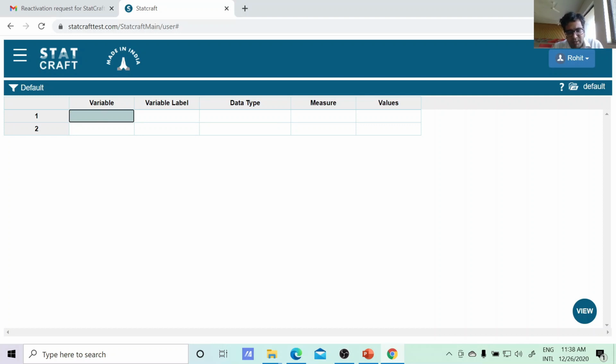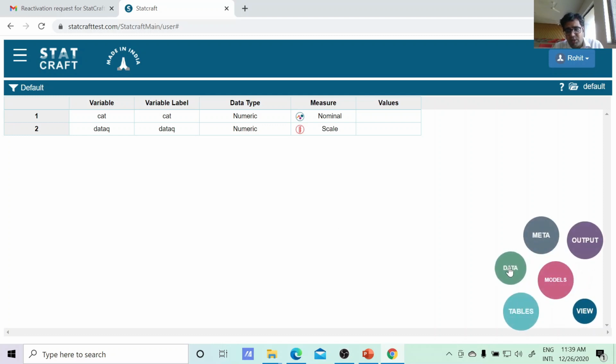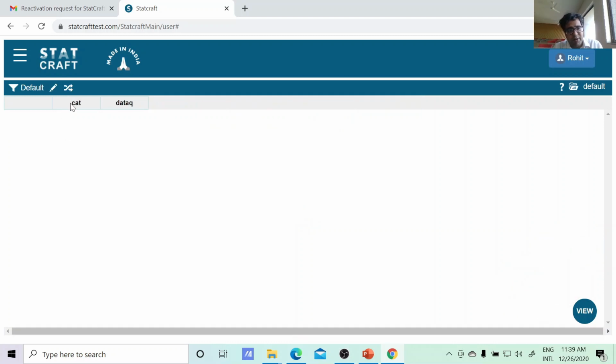You give the name; first we will add the categorical variable. So I am writing cat, and obviously that data is numerical but it is categorical, so it is nominal data. Add another variable, that is data. It is showing the numbers, so that's why it is a numerical variable. And after doing show, we need to move to edit. So we need to change it and move to data. See the categorical and data, we need to enter it.